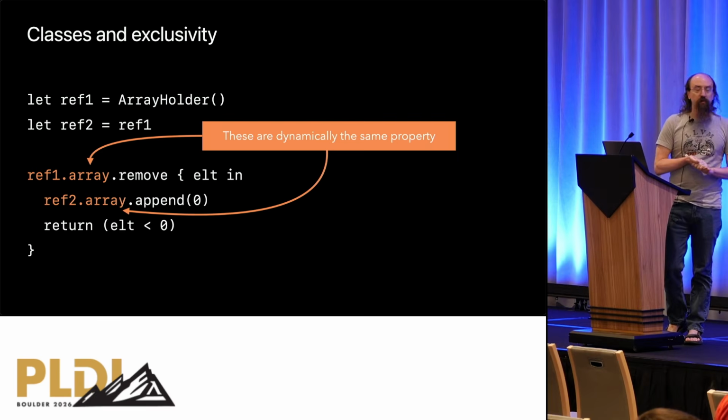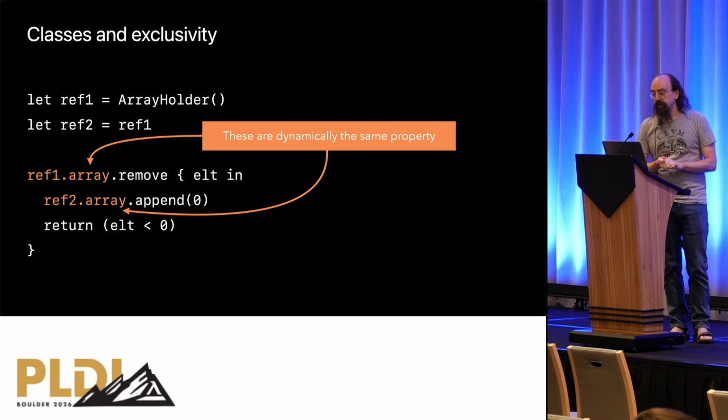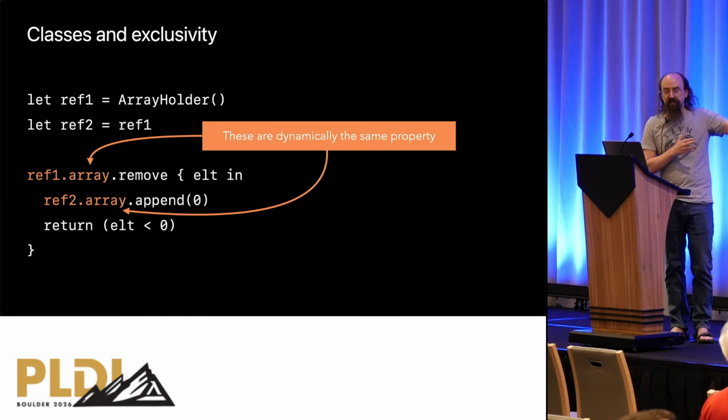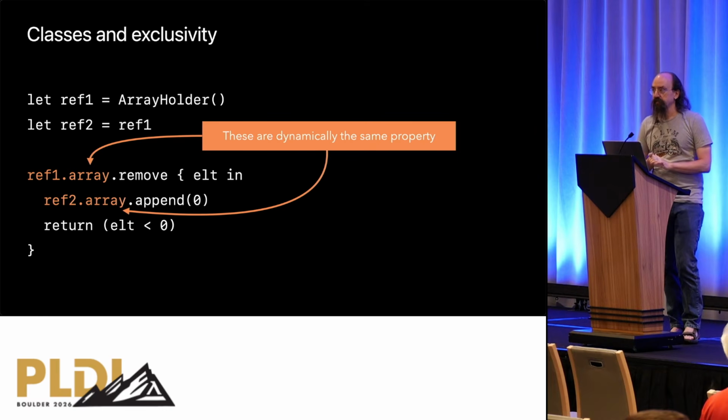That creates a problem for exclusivity. Here I've taken the previous example with a higher order function and rewritten it to use class properties. Now this code is going to make two references to the same mutable property of the same object. That's going to break value types all over again if I allow this. But the compiler can't really statically reject the code in the same way, just because the references ref1 and ref2 might be to the same object. We'd end up rejecting way too much code that's actually perfectly fine at runtime.